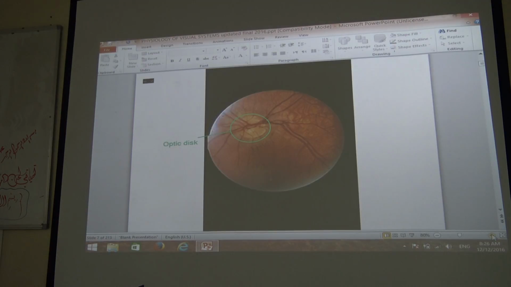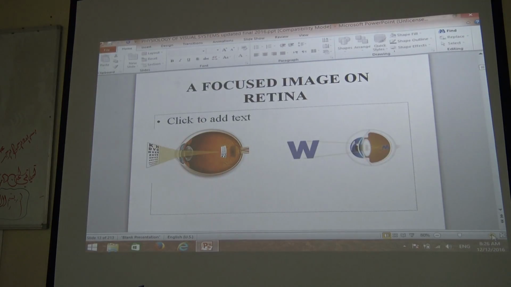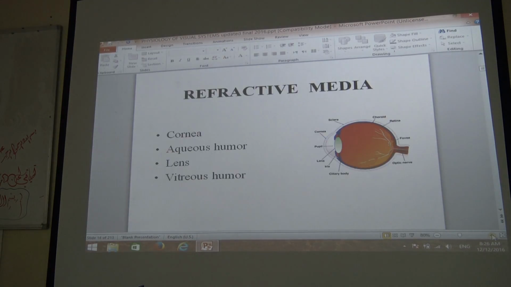The layers, this is the optical system, and this is the retina. The layers arranged